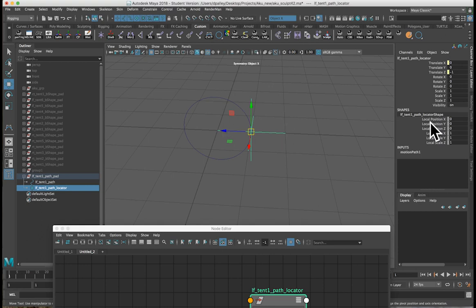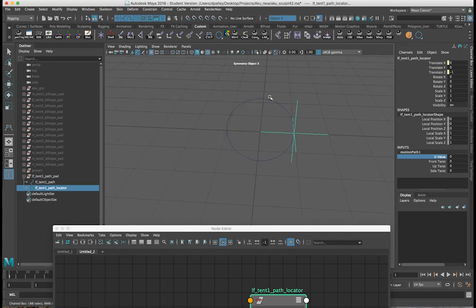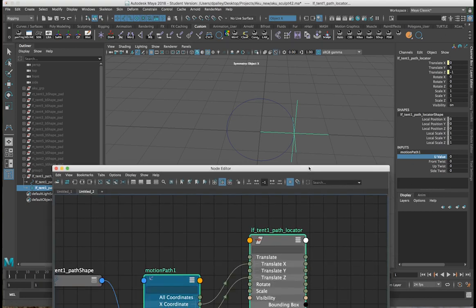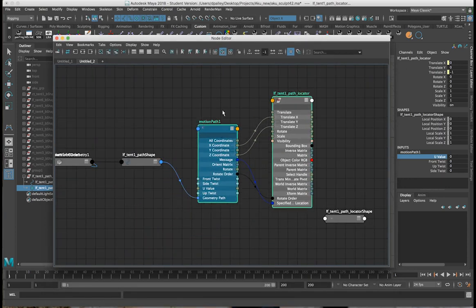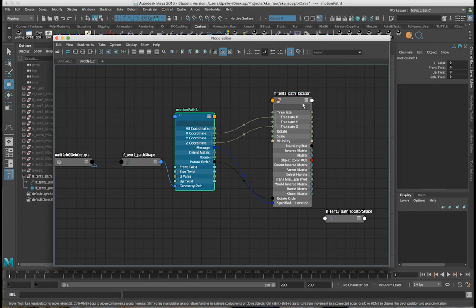It's not going to really make that much of a difference here. In fact, if I move this U value, you just see it's moving flat. But if you rotate this setup around, then you'll definitely need those translate X and Z values. So what I'm going to do is take the Y value of the coordinate and plug that into